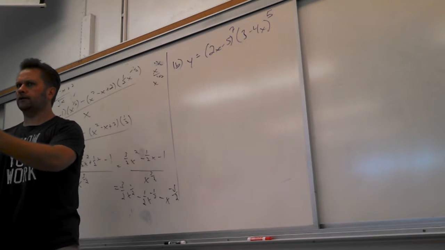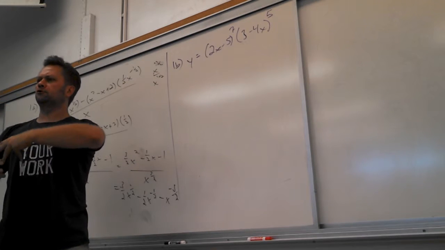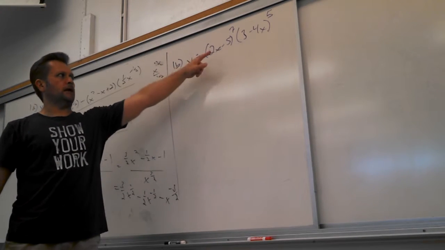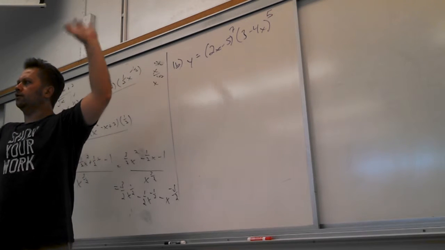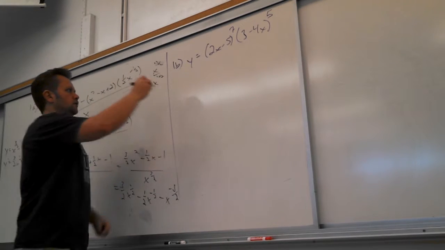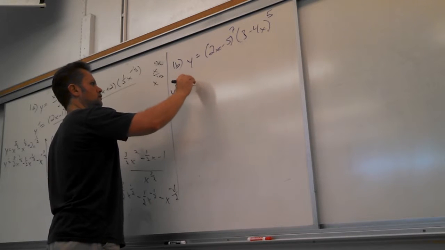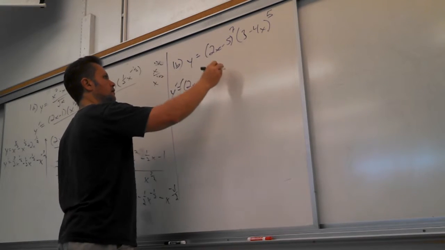You never have to know ahead of time how many times you got to use chain rule, or even if you have to. What's the main thing happening up here? Product. So it's product rule. That's all I got to know at the moment. So then y prime is the derivative of (2x minus 5) to the 7th,